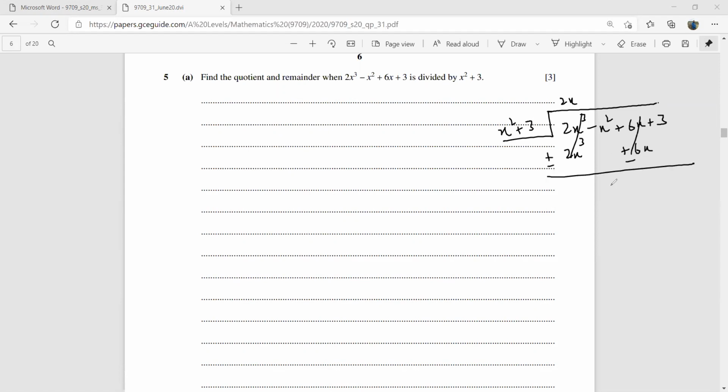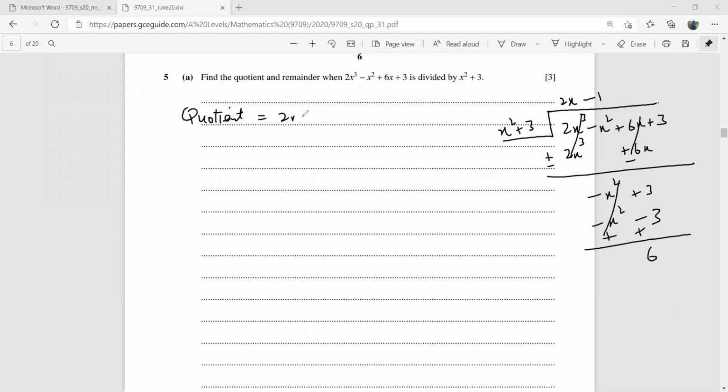This is gone, this is gone. Minus x squared plus 3. So minus 1. This is minus x squared minus 3. So you have 6. Whenever you divide them, the quotient over here is